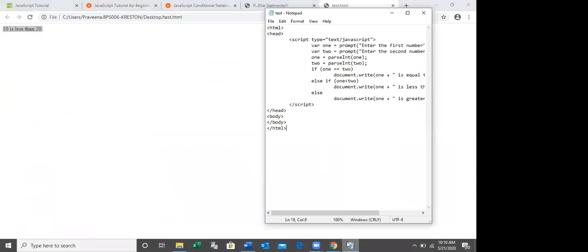So what is the output? 10 is less than 20. Correct, right? Because the first condition is not true, it will check the next one, is less than. Because this condition is true, since 10 is less than 20, the output will be 10 is less than 20.